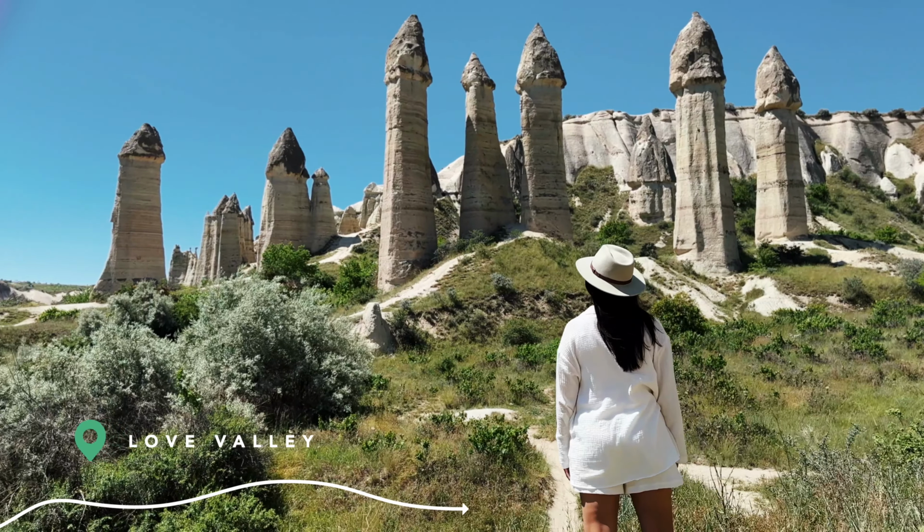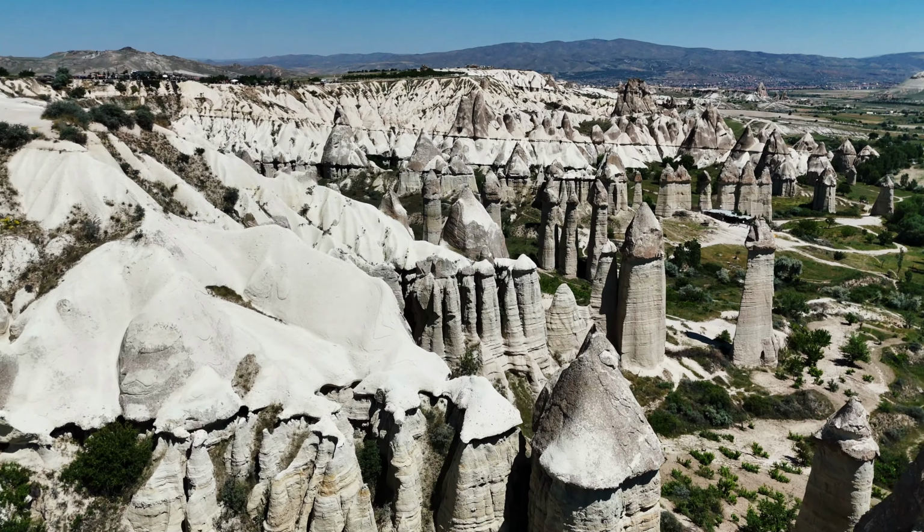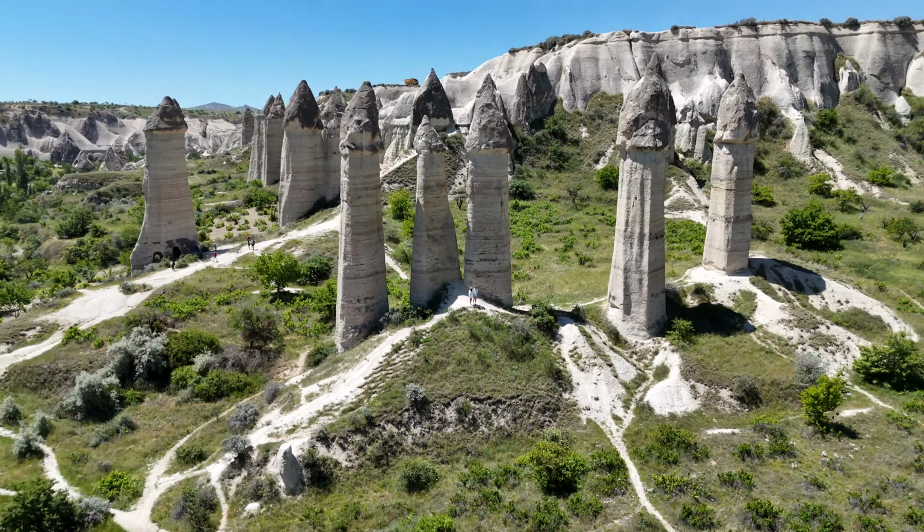First up, Love Valley, one of the most famous valleys in Göreme. This valley is full of rock formations, also described as fairy chimneys, or...